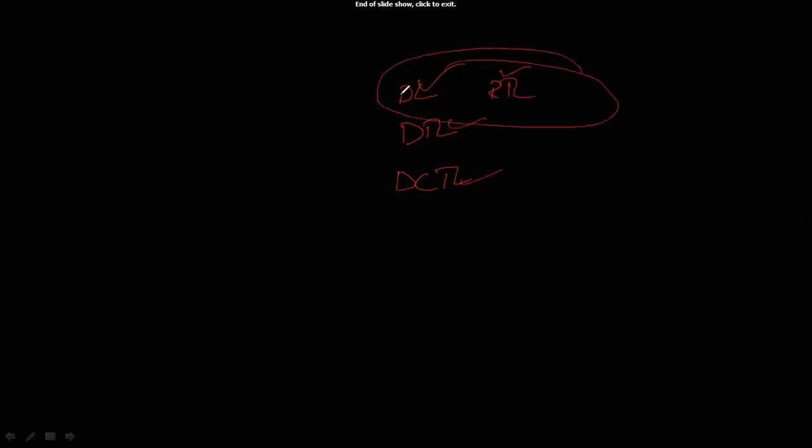Next, we learn about TTL and other logic families in the next class. Up to here we learned about DTL, DCTL, diode logic and resistor transistor logic. Four logics we learned. For DL and RTL, we learned all the circuits, AND, OR and NOT. For DTL, we learned NAND. For DCTL, we learned NOR.